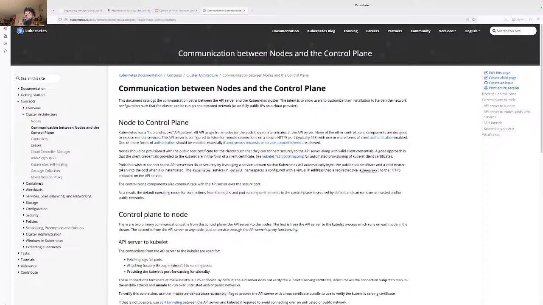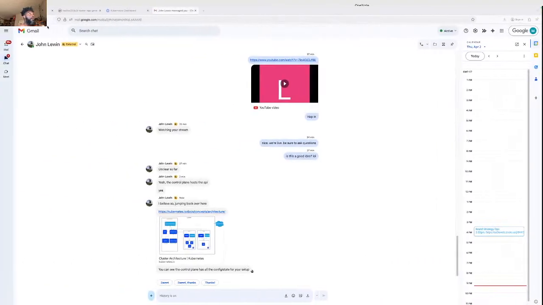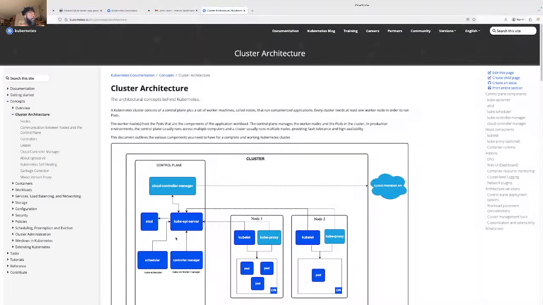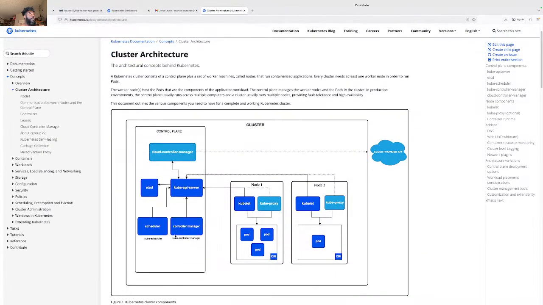I don't see it. What is happening here? Let's refresh it. I'm not seeing it. Usually kubectl. All right, let's see what we got here. So it is the API server.